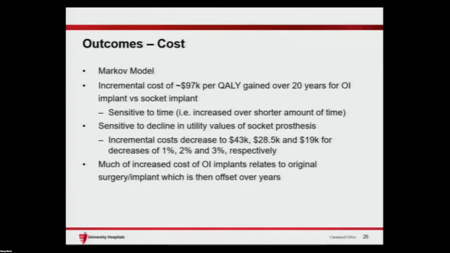That being said, if you're comparing it to a socket-based prosthetic, for each incremental decrease in quality of life, for each of those incremental decreases, that incremental cost per year of having an OI procedure done starts to go down. It starts to go down pretty quickly. Okay, so really, for people who don't have socket-based prosthesis complications, it doesn't make monetary sense. But for people who do, the more issues they have, the more it makes sense to probably proceed with a